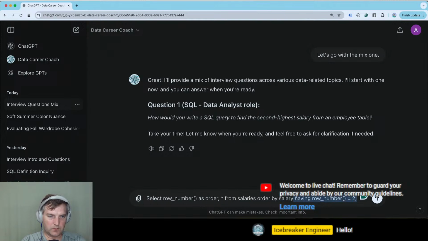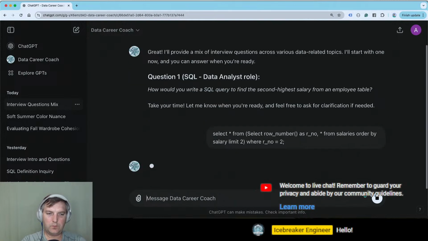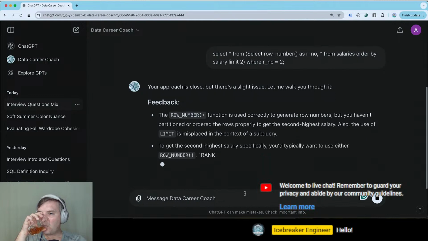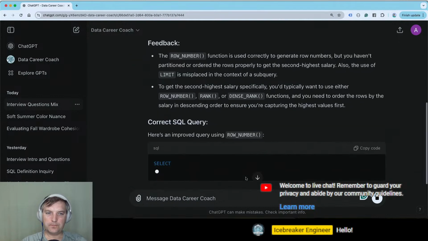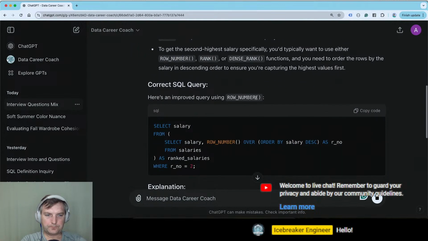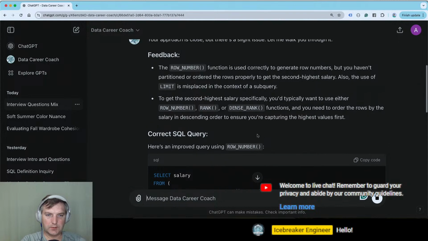Let's limit this one to have only 2 results, and then let's select everything from the subquery where row number is equal to 2. Would that work? Right, we need to partition those.